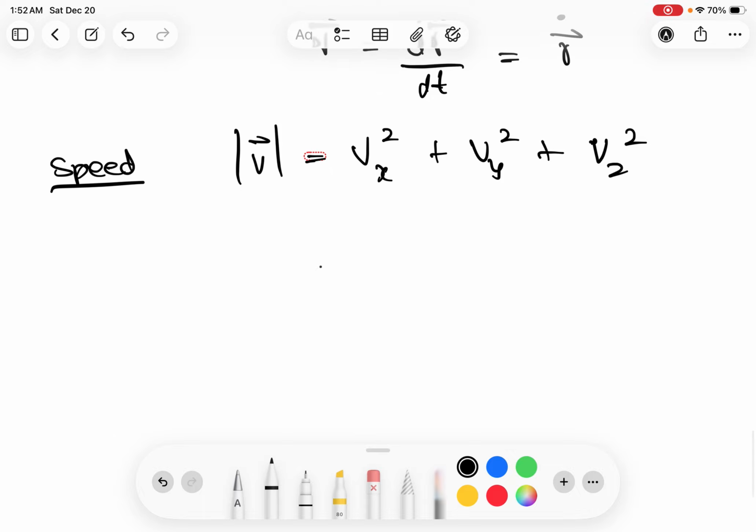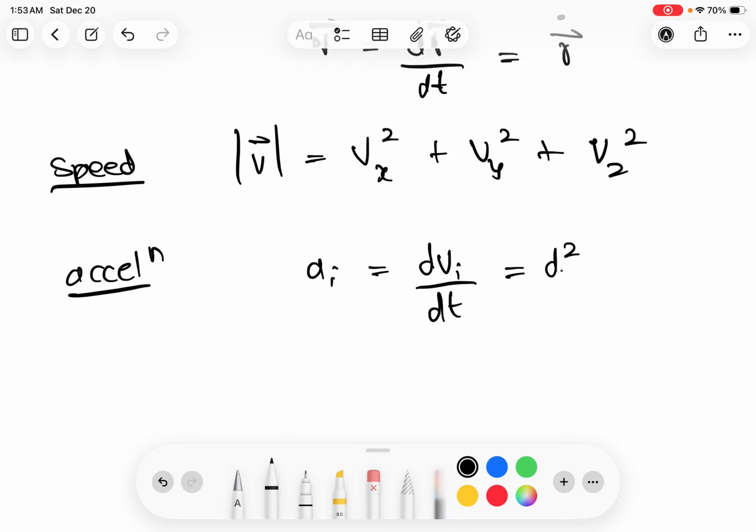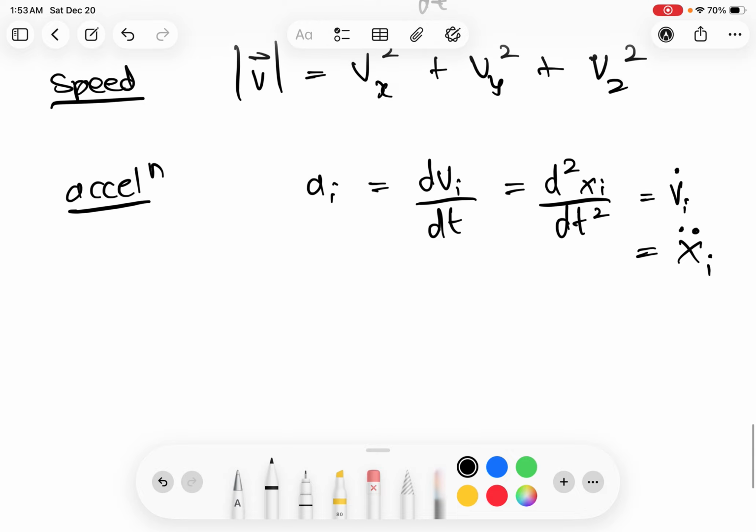Now acceleration is just the rate of change of velocity with respect to time. So it's kind of like the rate of change of position with respect to time. So it's a double derivative of position. So it's v_i dot, or x_i double dot. So